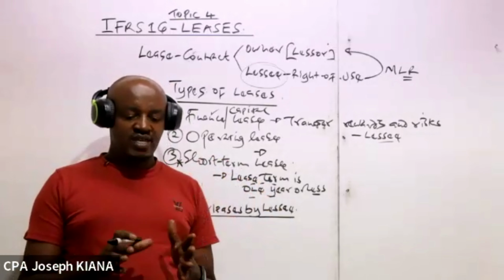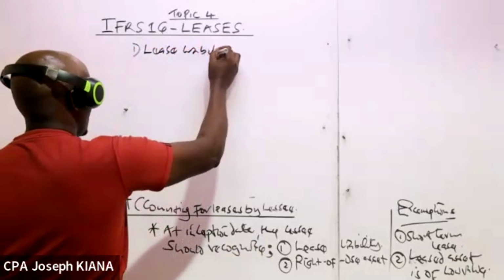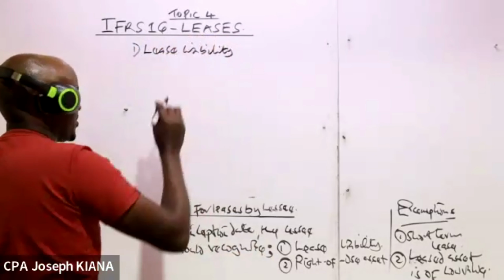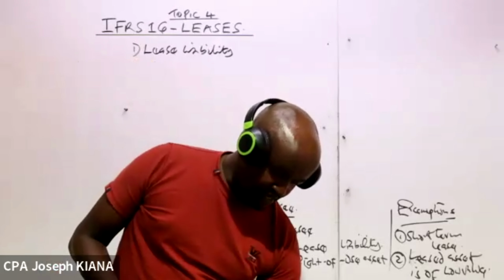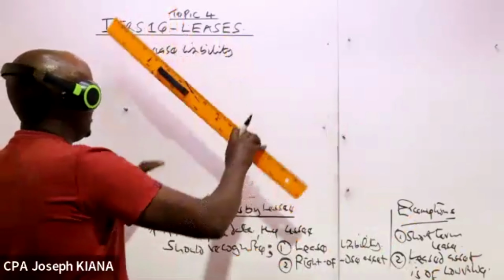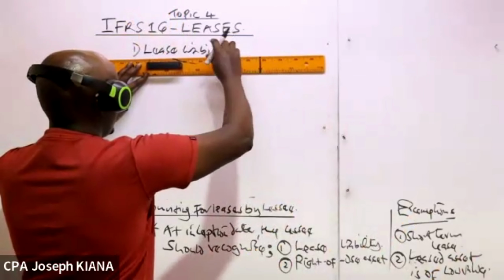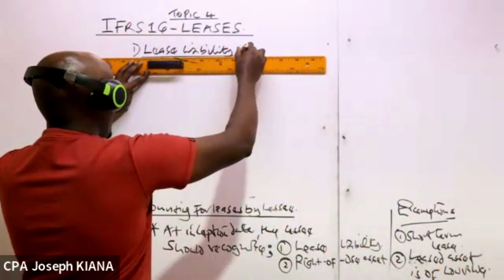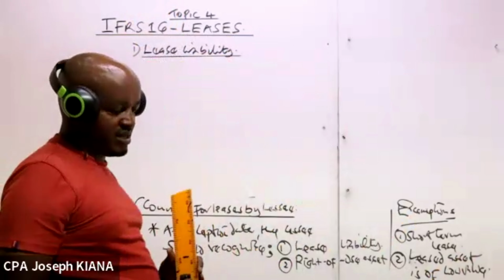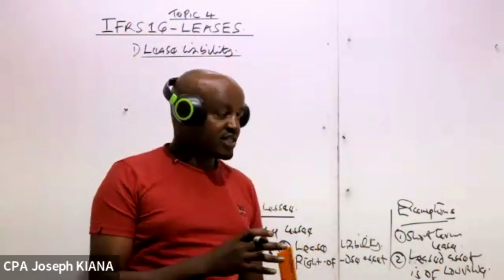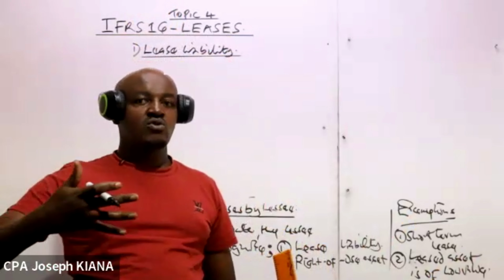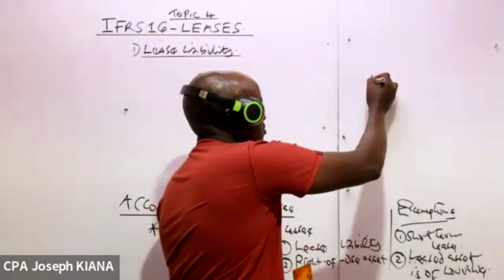I want us to look at how we determine these two items here. Let's start by looking at how we determine the lease liability. Generally, what we know is that if today you lease an asset from the owner, you have an obligation to pay rent, or in other terms, you have an obligation to pay what we have referred to as the minimum lease rentals